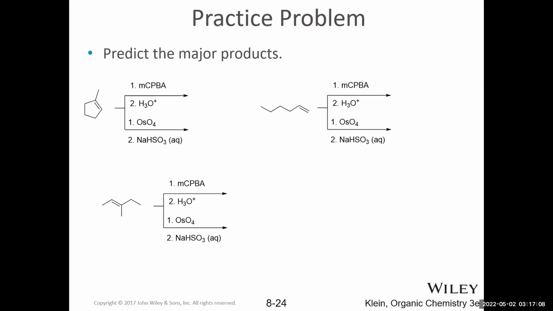Okay, let's go ahead and predict the major products here. So in one case, I've given conditions that form anti-dihydroxylation products. And in the other case, we have conditions that form the syn dihydroxylated product. So we're practicing both reactions simultaneously. And remember, with cyclic substrates, it's common to use model 2 to draw the products. And this substrate will only end up with 1 chiral center. So it actually won't matter which set of reagents, you'll get the same products.